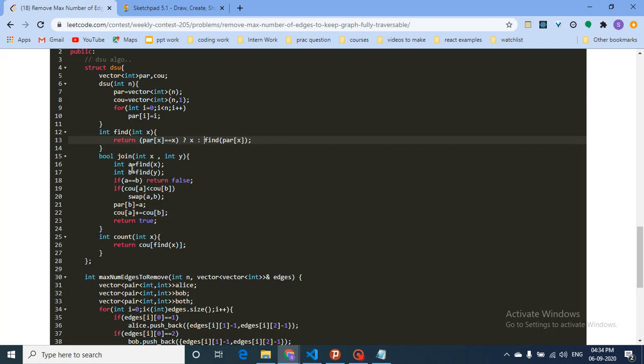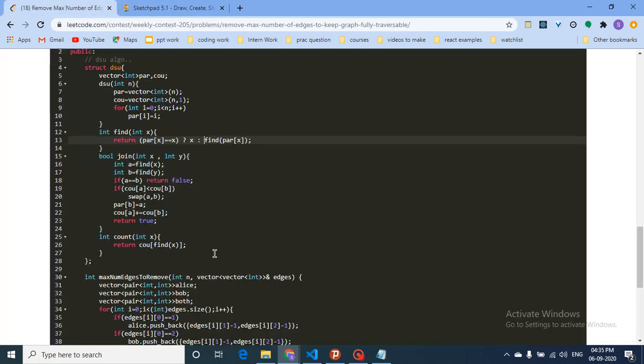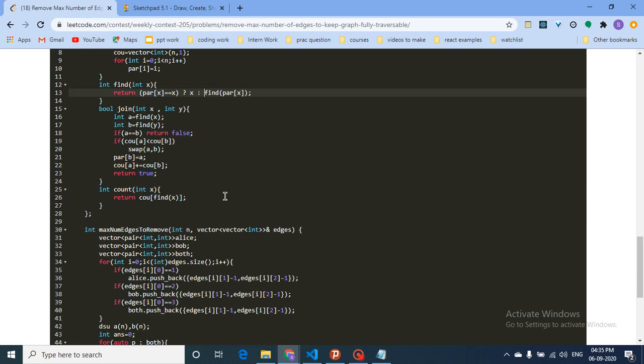So to join two nodes, we have to first find out the parent. We don't join two nodes directly. We first go to the parent of this component and the parent of that component. If the parents of both of these nodes are the same, then return false. False means that we don't join them, because taking this edge doesn't have any good impact.